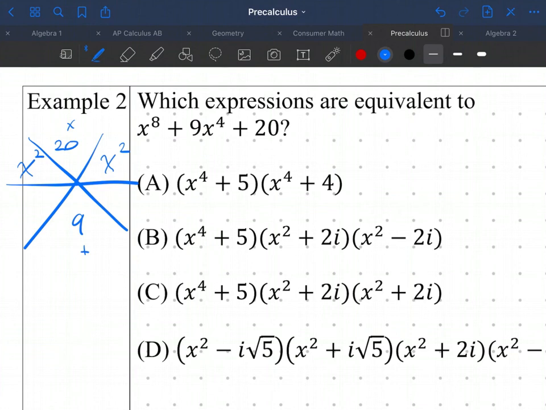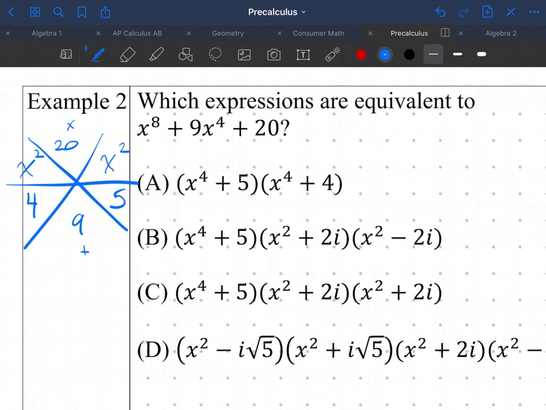And I go through all the factors of 20, right? What times what is 20? 1 and 20. No, it doesn't get to 9. 2 and 10, close, but not quite. 2 and 10 gets to 12 or 8. What about 3? No, 4 and 5. Yeah, 4 and 5 will get to 9. Okay, so I do 4 and 5, and I don't need to do any negatives,